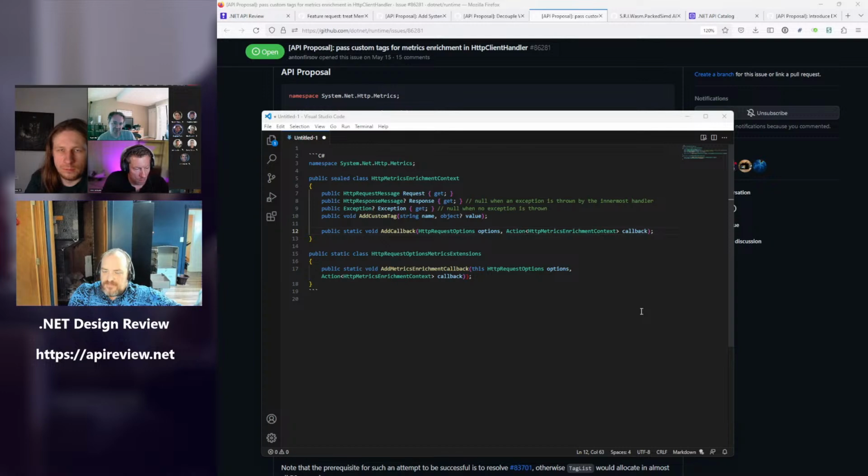Again, it's not a hard leaning. I would be fine with either. But for something that we expect 99.999% of developers using .NET to never need or benefit from seeing, making it a little bit harder to see it doesn't seem like a bad thing. And if it needs more exposure later, then we can add a type to hold an extension method, and it'll just alias the existing static.